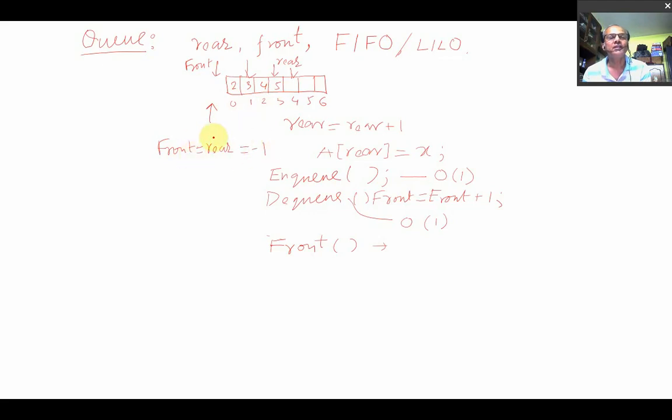It means the queue is empty. Now if you want to insert one element, front and rear both will be updated to 0. That is, front will be +1 and rear will be +1. And then at that rear position, the data will be inserted. Okay, this is the first case.